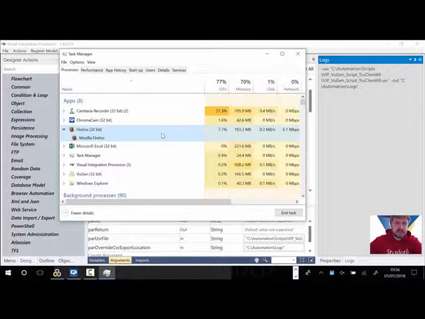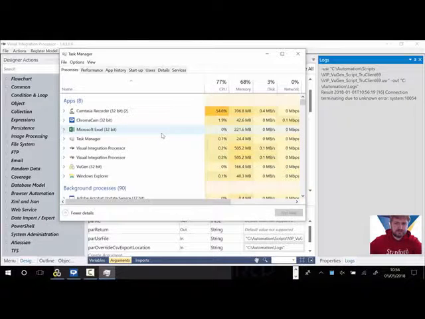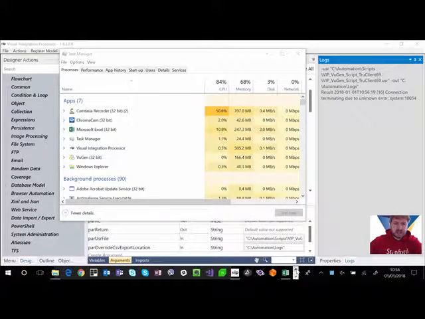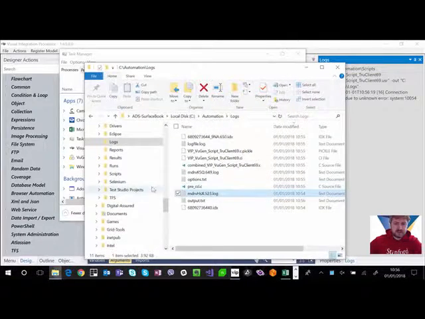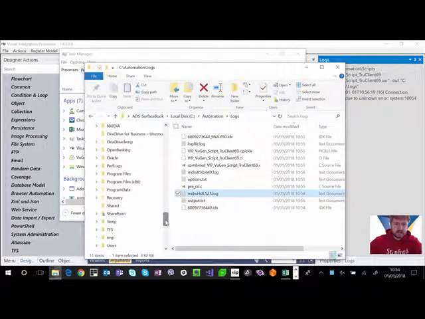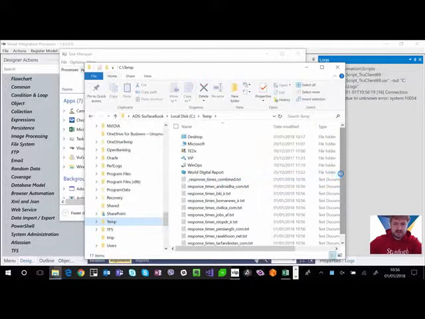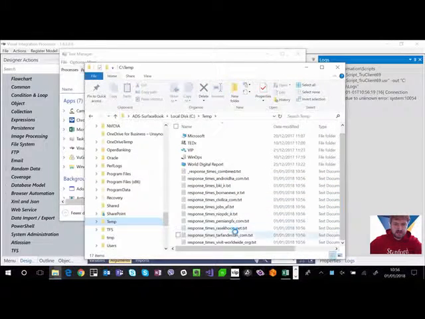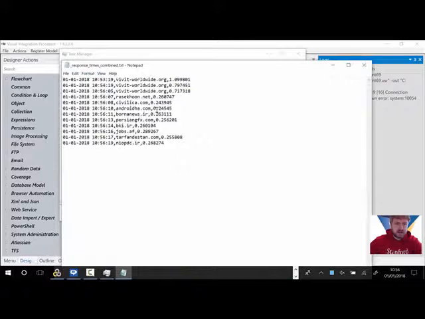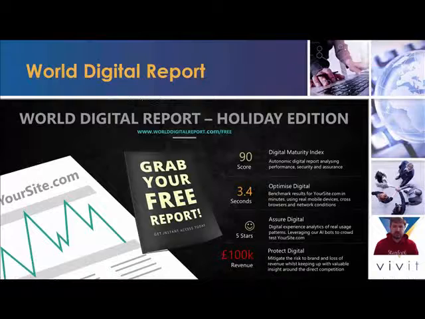As you can see, it runs them and then writes the results out into a log file. In this case, what we can do is put this into a big data store, and that will allow us to have a whole stack of results. If I quickly go back to the temp directory, you can see that we've now got one for each one of those websites. We've also got one for the combined, so we've got the two initial ones and the third one that we ran. With the last demo, I guess you can understand how you can potentially scale this to millions